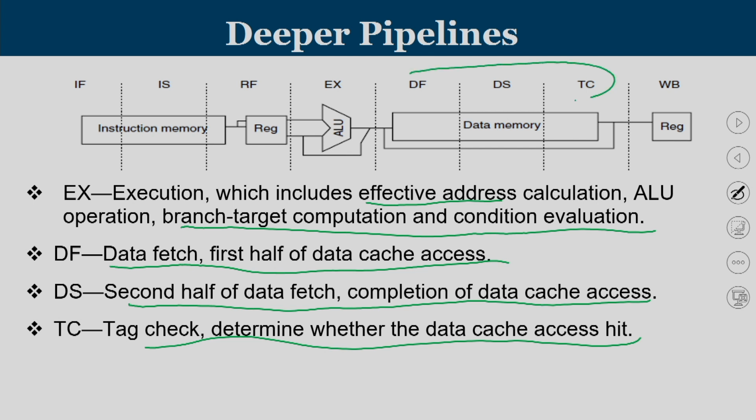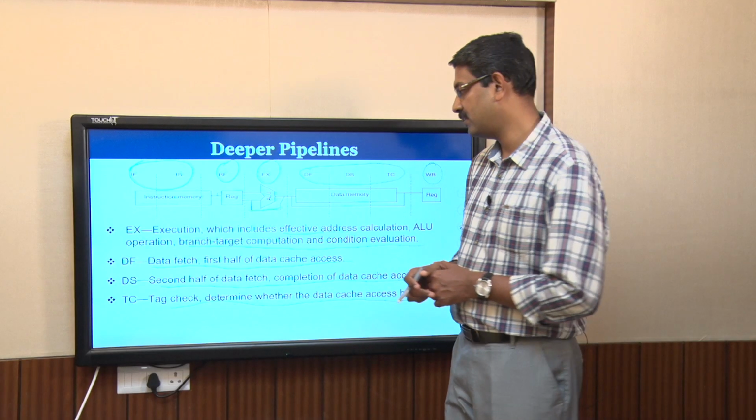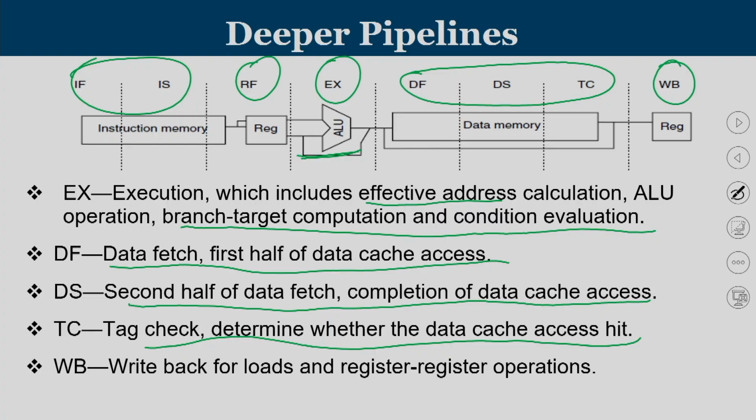So together 3 stages are required to access the data memory, and 2 stages are required to access the instruction memory, 1 stage for decoding, 1 stage for execution, and 1 stage for write back. Now if this functional unit, this pipeline, has to be suitable for multi-cycle operation, then this EX will be converted to M1, M2 up to M7 in the case of multiplication, A1 to A4 in the case of floating point addition, and 24 stages for division. And the last stage is the write back.